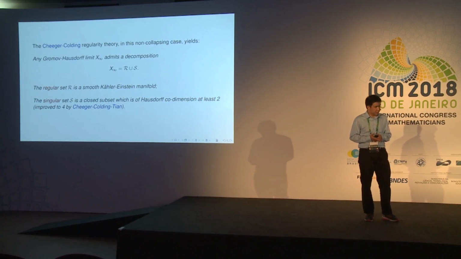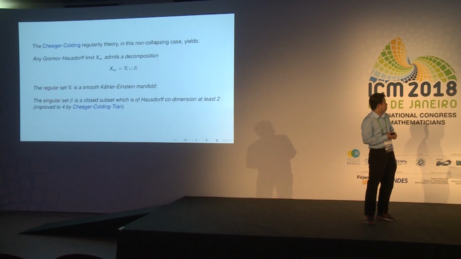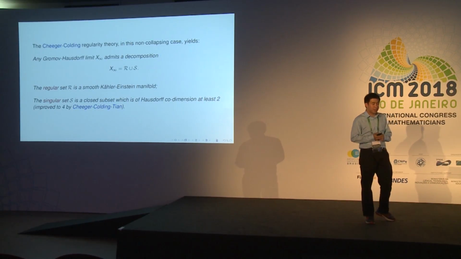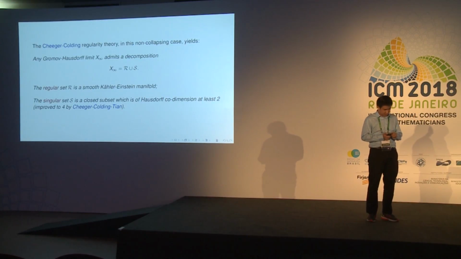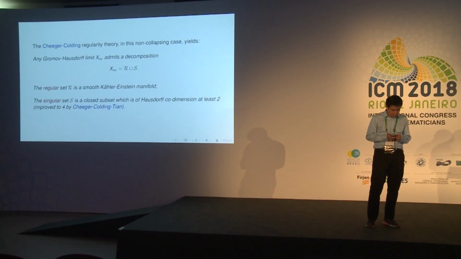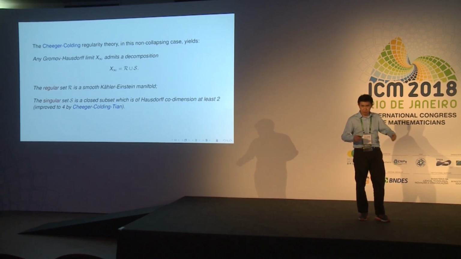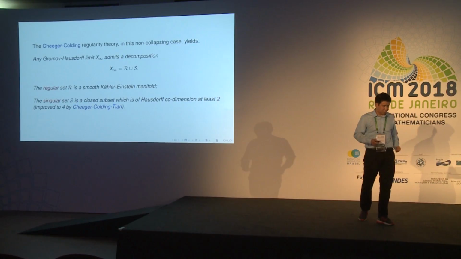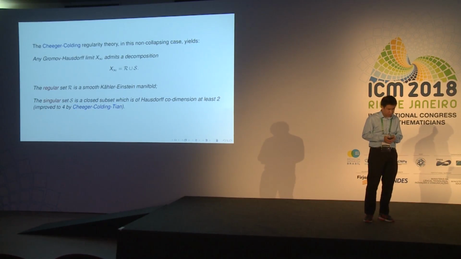The regular set is smooth, and the metric has a nice limit, which is also Kähler-Einstein. The singular set is closed and is small in terms of Hausdorff dimension. So at least we know we can take some limit which has some smooth structure, but the goal is to construct algebraic structure out of this